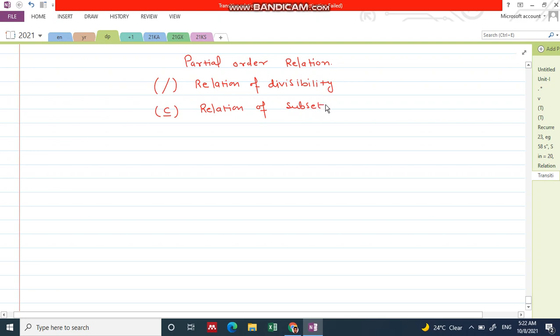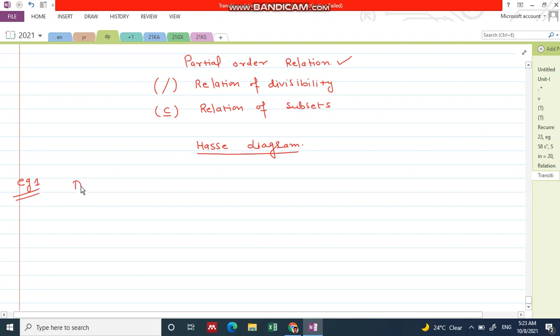So for these two types of relation, we can draw a Hasse diagram. A Hasse diagram is the diagrammatic representation of a partial order relation. So we understand how to draw the Hasse diagram from these examples. Example number one: